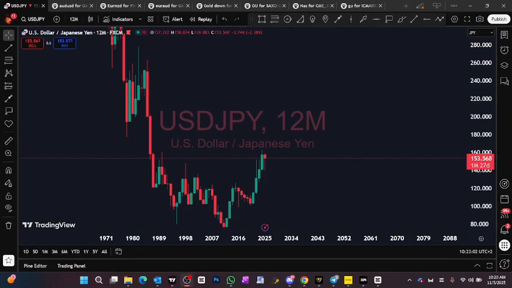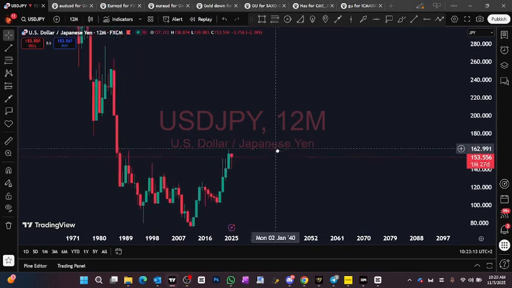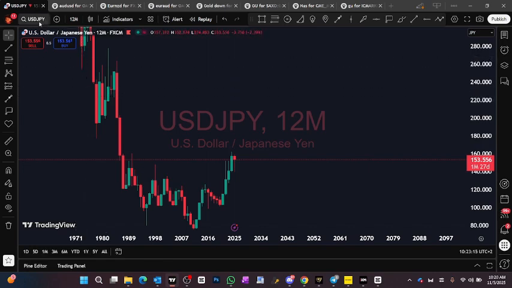Yeah, this is what I was talking about since I've talked about the UJ bullishness coming. This is what I'm talking about. UJ, what I've noticed